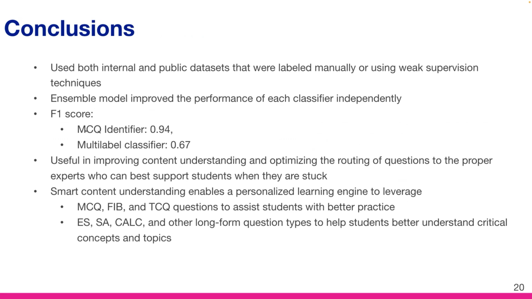We could finally achieve an F1 score of 0.94 for the MCQ identifier, and 0.67 for the multilabel classifier, which is acceptable for our use case. And our initial A/B testing shows that using those question type identifiers is useful in improving